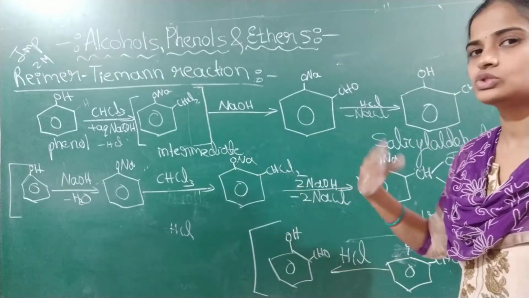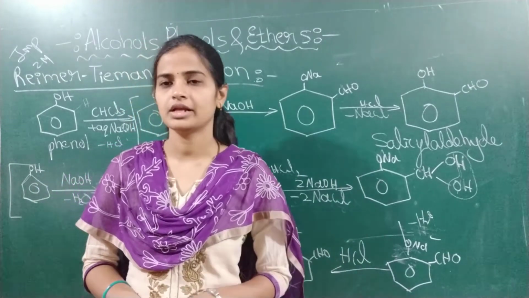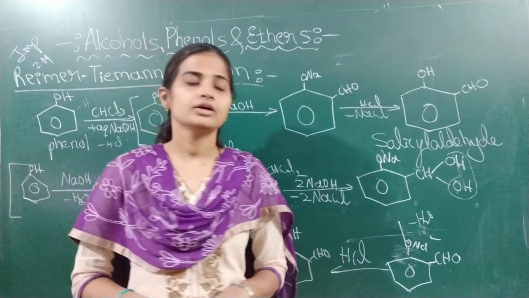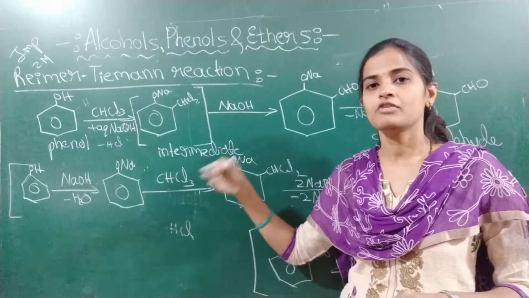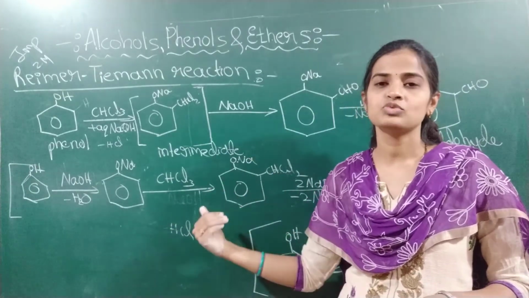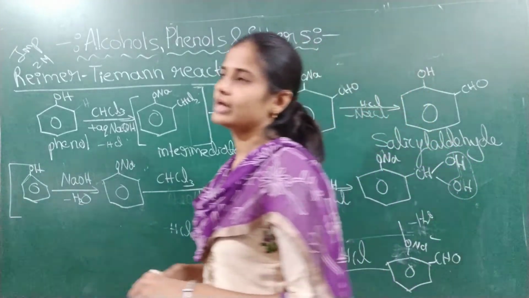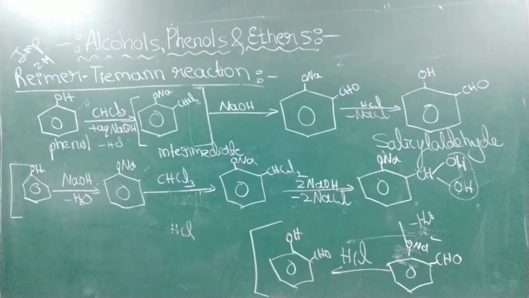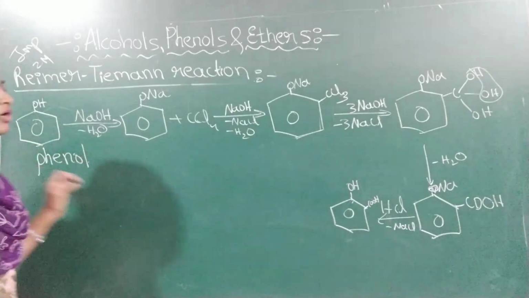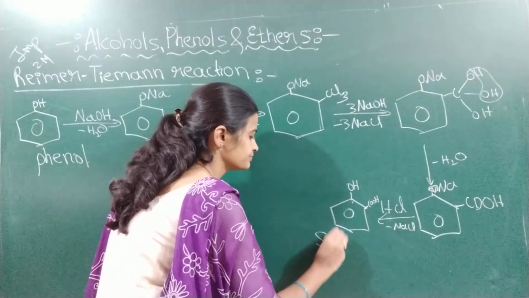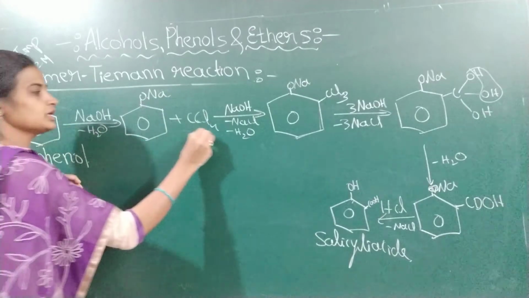Okay, you can write this so that you can understand the mode of the reaction. Got it? That is Kolbe's reaction, and Reimer-Tiemann reaction. And I told you, instead of using the chloroform, if I use the carbon tetrachloride, it forms what? Salicylic acid. Okay, and you need not write the reaction for that. You can write it as a note. Yes, here I have written the reaction for the conversion of phenol to salicylic acid, by using what? By using carbon tetrachloride.